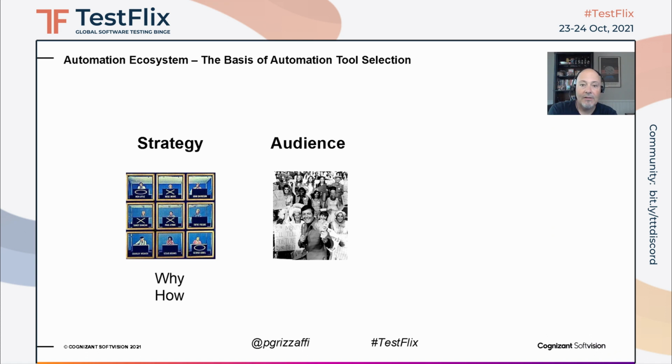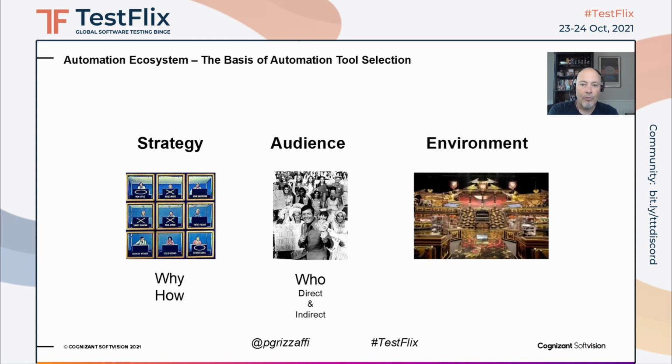How are we going to approach this automation endeavor such that we meet those business goals? The second facet is the audience, and the audience is those people who will be interacting with the automation directly and indirectly. Directly being those who are creating and executing the automation, and indirectly those who are interested in it from perhaps a budgetary or compliance standpoint. And the third is the environment. This is what you're going to test. It's the, do I have a mobile app? Do I have a web app? Do I have some sort of device that's going to go into a human body from a medical standpoint? These are the three aspects we need to keep in mind when we make decisions about automation and test